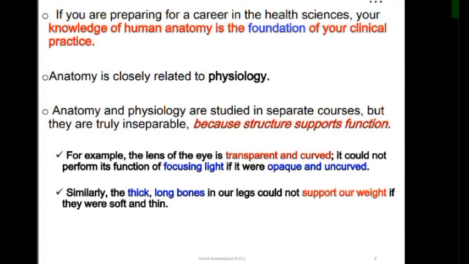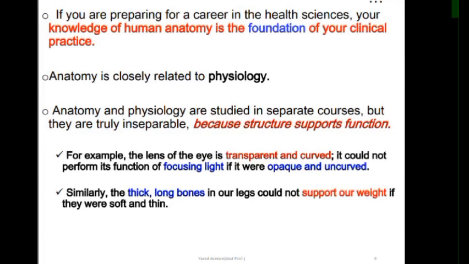Anatomy and physiology are studied in separate courses, but they are truly inseparable because structure supports function. For example, the lens of the eye is transparent and curved. It could not perform its function of focusing light if it were opaque and uncurved. Similarly, the thick, long bones in our legs could not support our weight if they were soft and thin. Anatomy is essential in fields like medicine, biology, and health sciences, as it helps understand how organisms are built and